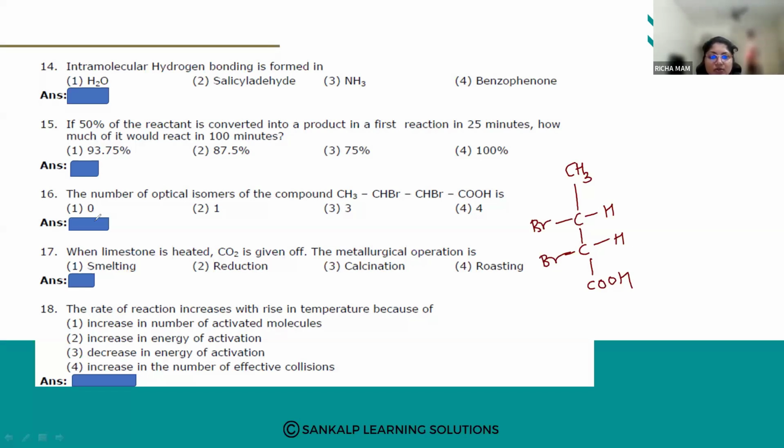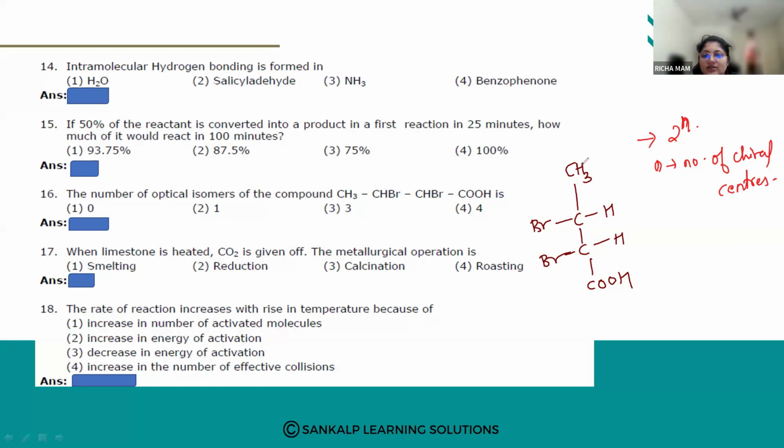Okay, Vandana has answered 4. Amulya has also answered 4. Okay. So to find out the optical isomers, first find the number of chiral centers. The number of optical isomers can be calculated by the formula 2 raised to n, where n is the number of chiral centers. So first,